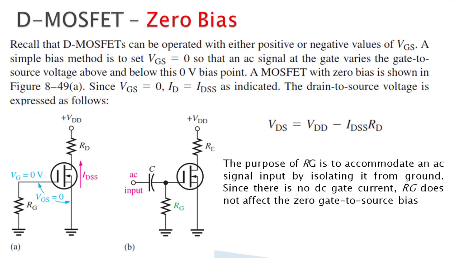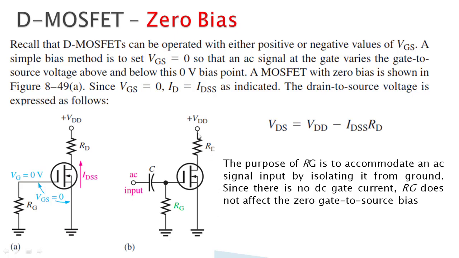And finally, zero bias. For the D MOSFET, it will operate in both the positive and negative region. If the gate voltage is positive, it operates in the positive region, and its current conduction is increased. If the gate is negative, the current conduction will decrease. So we have no need of a biasing circuit. Simply we can give a signal to the D MOSFET. Only we are going to connect an RG to the ground. It is because when the signal is not available, the signal input should be 0, then only the output will be 0. So only the RG is connected to the ground. Apart from that, there is no need of biasing resistance.